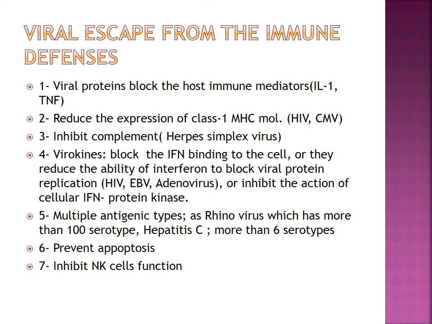Other viruses can produce multiple antigenic types, such as rhinoviruses, which have more than 100 serotypes. Hepatitis C also has more than 6 serotypes, which have multiple antigenic types. Other viruses may prevent programmed cell death, apoptosis. Others may inhibit the